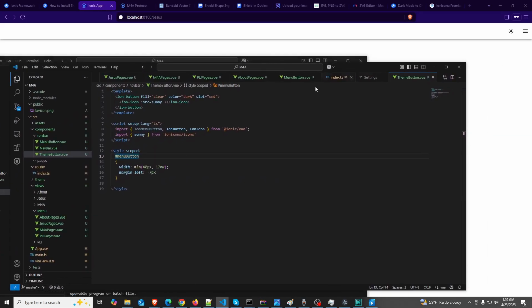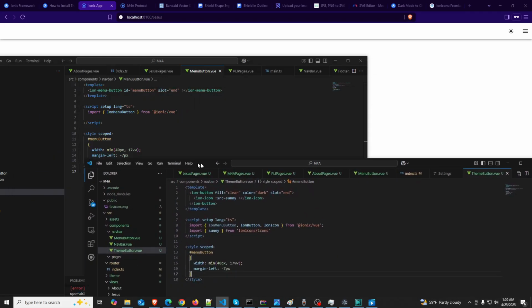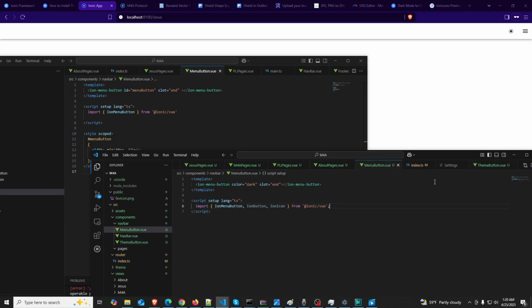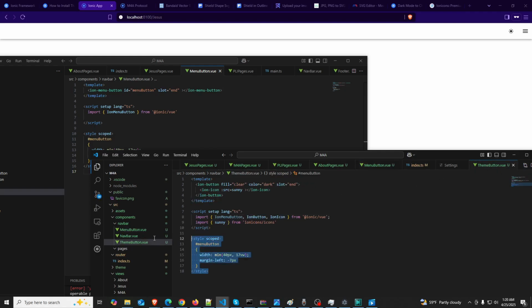Pretty sure it moves in the other one, but all right. Yeah, it's nowhere, right? I'm also putting this in the theme button, and this is supposed to be the menu button. But anyway, actually, I need this too. So let me just take this, backspace this,